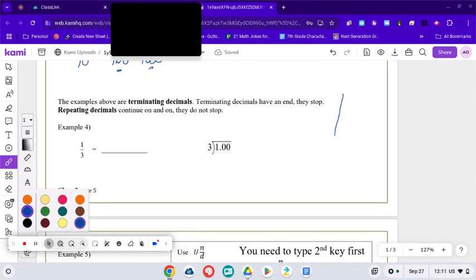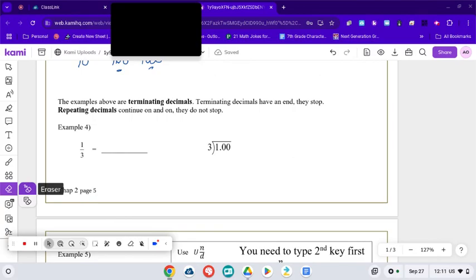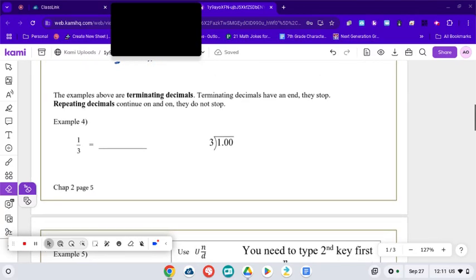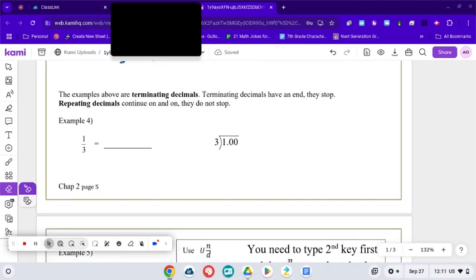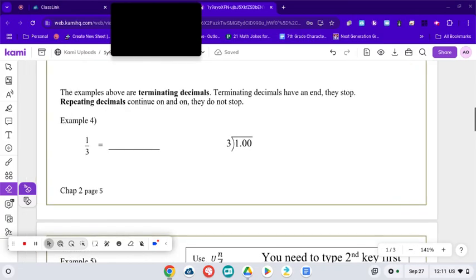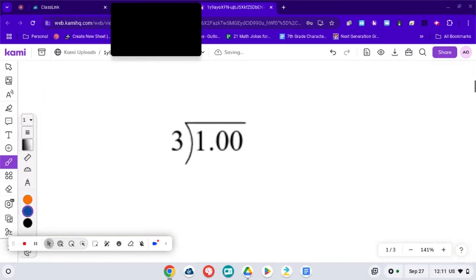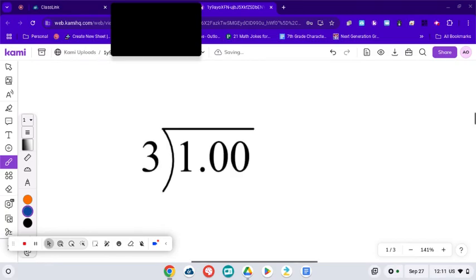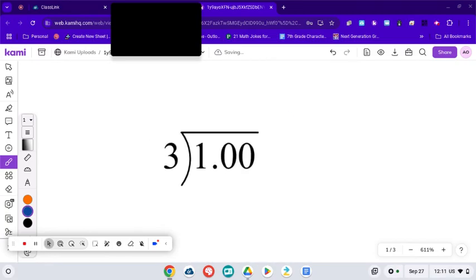Now, not all decimals are going to be terminating. Some of our fractions are going to create repeating decimals. So let's take 1/3. Remember, the line between the two numbers means to divide. Top goes in, bottom goes out. Annex a decimal and 2 zeros. 3 does not divide into 1. You can't make a group of 3 if you only have 1. So we're going to divide